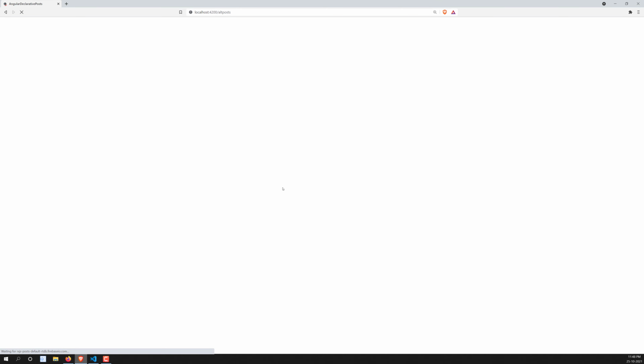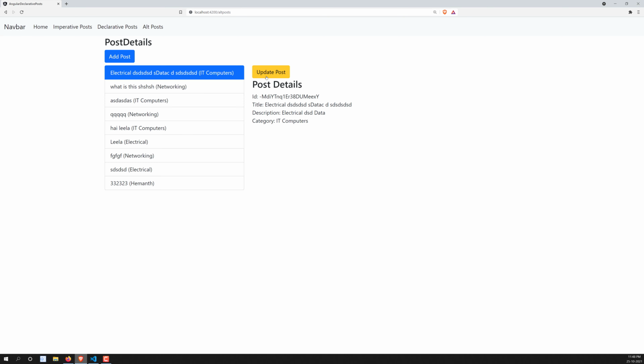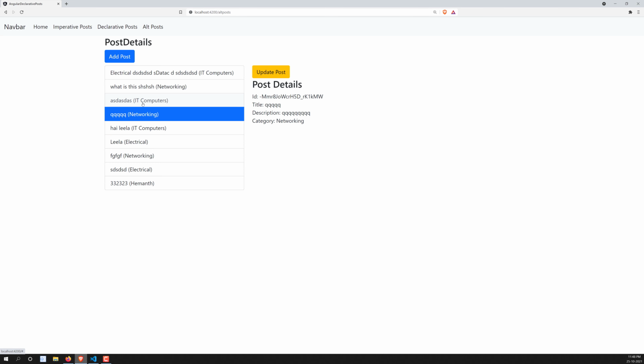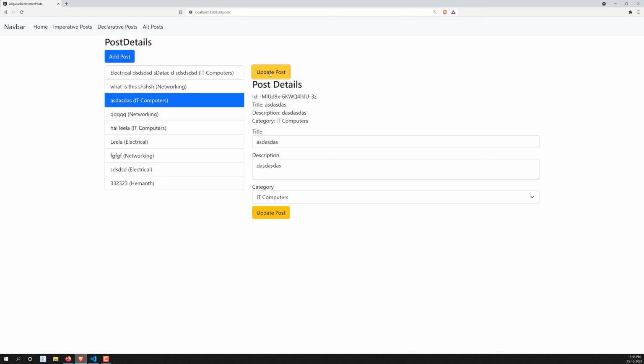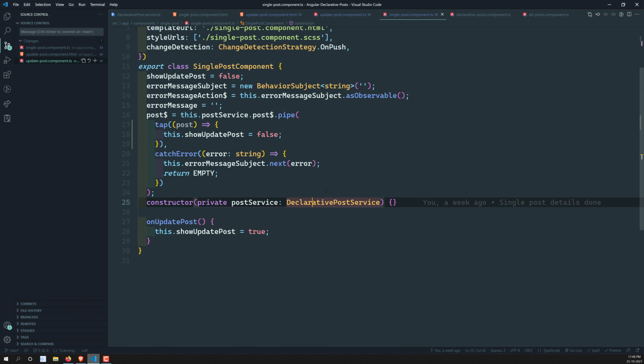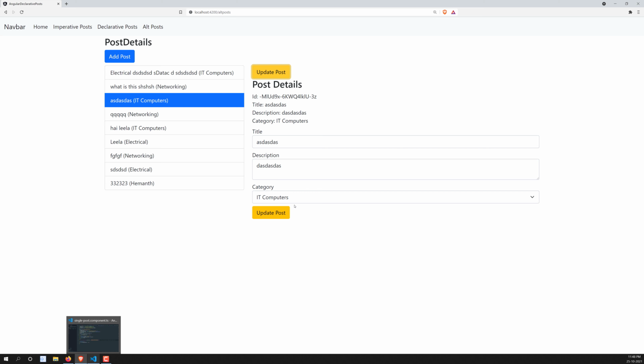Now when the user clicks on this update post, when I click on Leela, see, immediately the update post has gone away, and where you want, you can directly click here so that you can get the updated details. So this is the thing. I don't want to keep the clumsiness and confusion, so I kept it like that. But if you want, you can do it like this also. Hope you understood about pre-populating the post details. We have made use of this post variable so that we can get the updated post details.